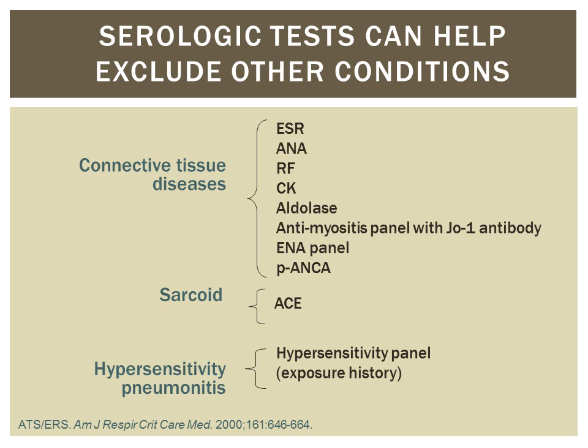There are a number of serological tests that may help narrow the diagnosis of UIP. There are connective tissue diseases which can be affirmed or discounted based on the presence or absence of an elevated SED rate, an ANA, a rheumatoid factor, aldolase levels in the case of myositis, antimyocyte antibodies such as anti-Jo1 antibodies in scleroderma, extractable nuclear antigen panels which can be seen in mixed connective tissue disease, and p-ANCAs for those patients